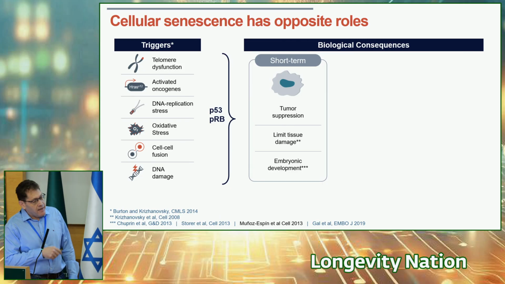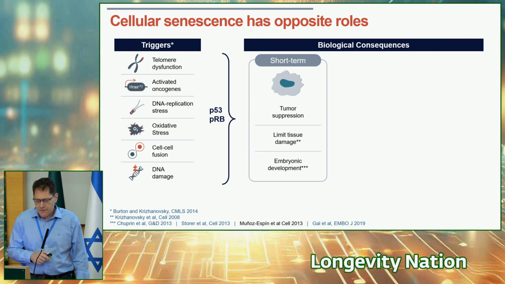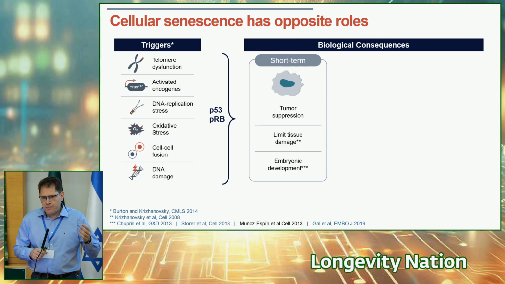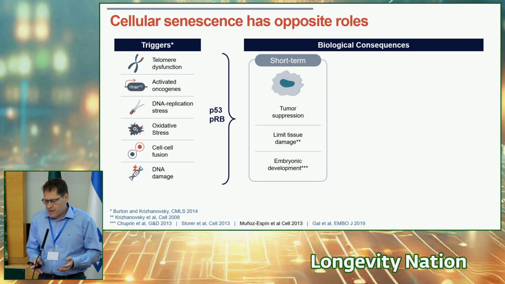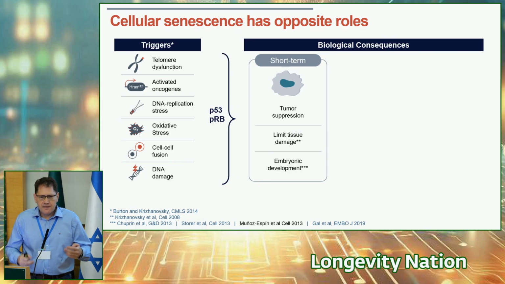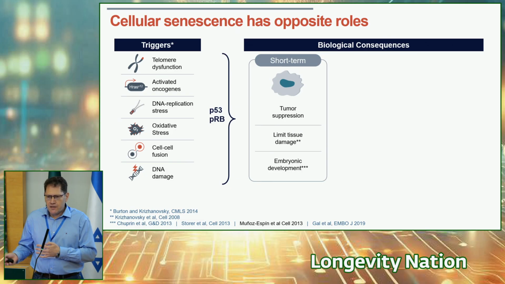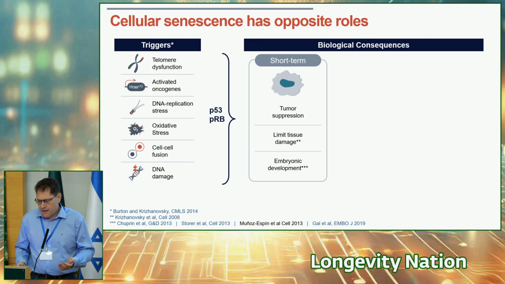So there are a variety of different triggers that can trigger the senescence process, through molecular pathways including the p53 and Rb pathways. And this formation of senescent cells has beneficial short-term effects. One is tumor suppression, because senescence is a terminal cell cycle arrest of cells. So if a cell with an oncogene mutation cannot proliferate anymore, it cannot form a tumor. When they are forming, senescent cells also limit tissue damage, because excessive proliferation is limited